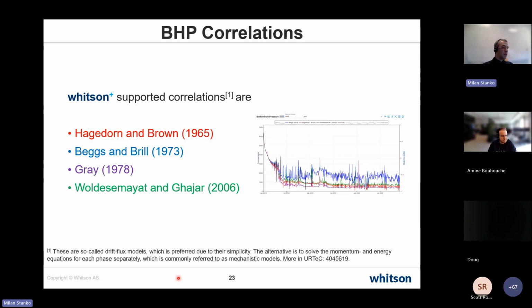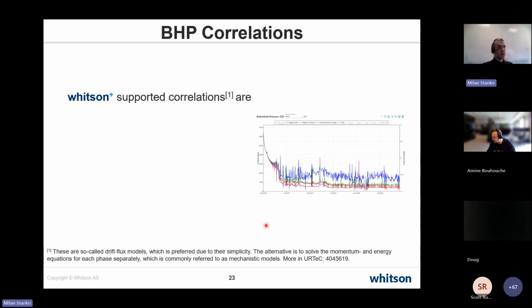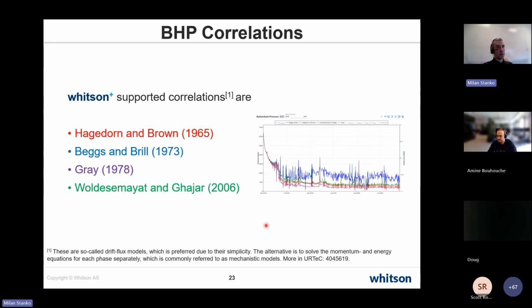Okay. We also have some more complex models that are not currently available in the software. They use mechanistic models that try to guess how the fluid is configured, how the gas and liquid are arranged in the pipe, maybe if it's layered or if it's bubbles. So then you can apply a more complicated model other than doing this averaging. You can simply try to apply equations on the liquid and the gas phase and solve them simultaneously. It's supposed to be more predictive, but really